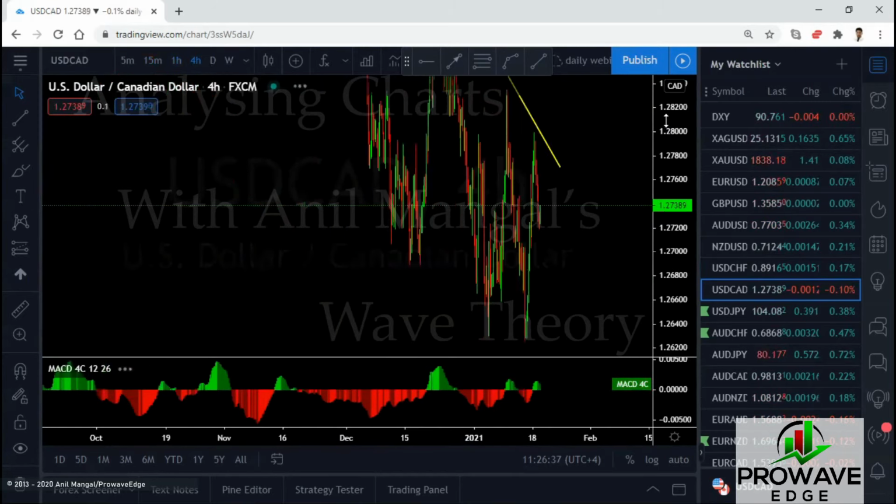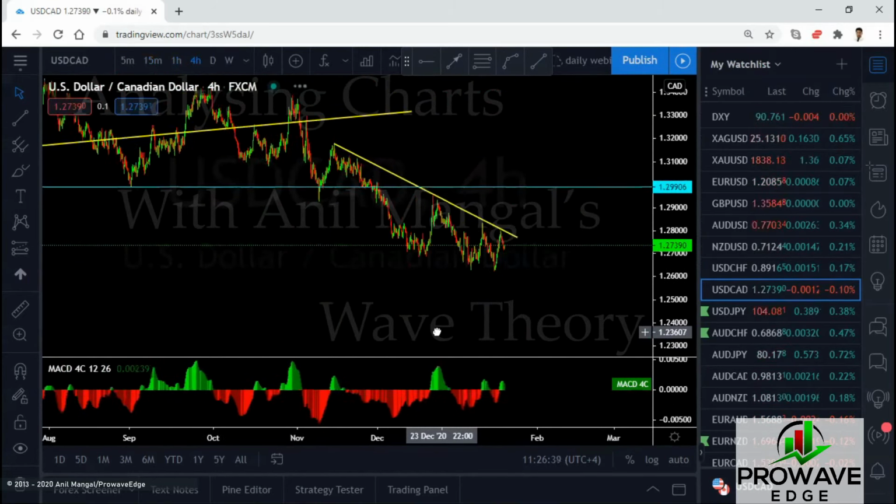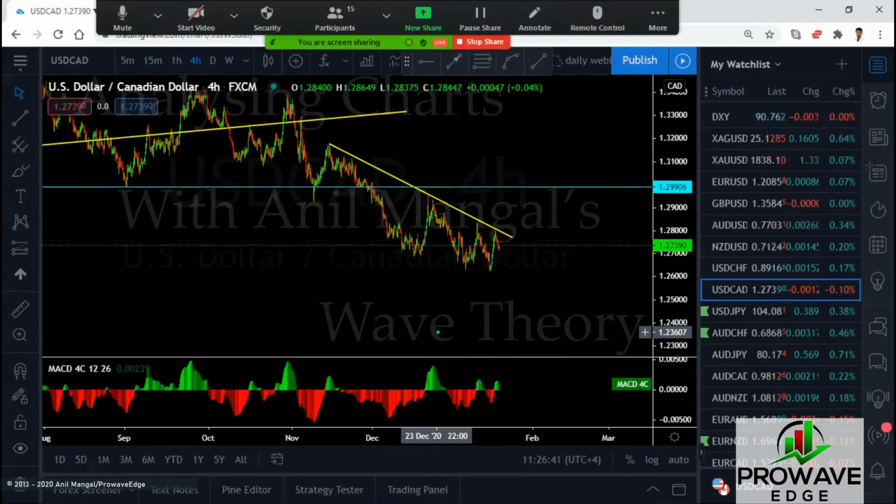CAD is back at the top. I want the breakout or a consolidation now. So CAD, we didn't do anything yesterday because it was just going up, nothing to do there. If it gives you consolidation here, we're looking for buy setups. We're expecting CAD to make a bigger correction.